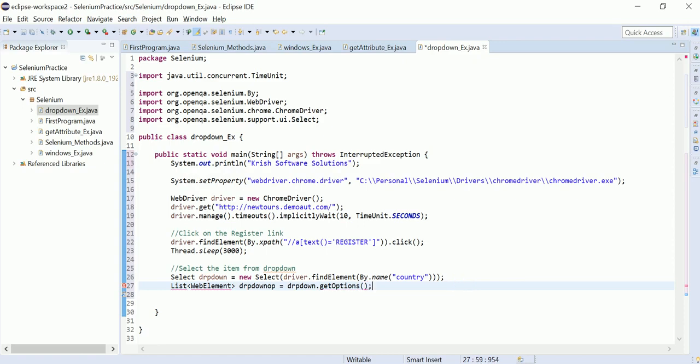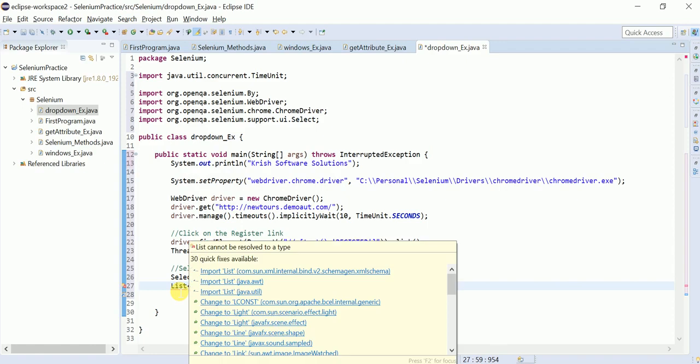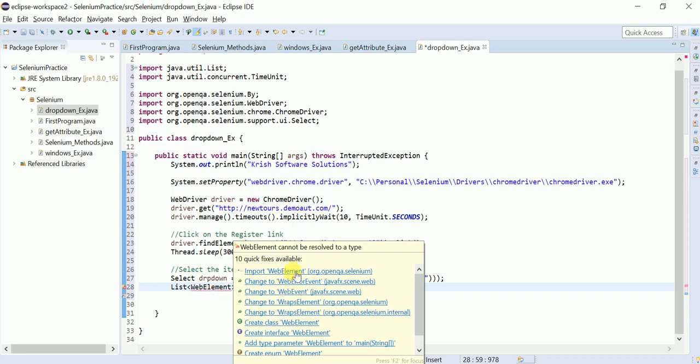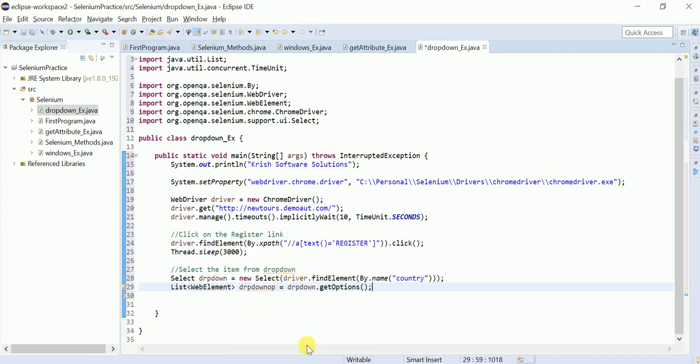By using this you will get all the options. You need to import List from java.util and WebElement from Selenium. Now all the options from the drop down are going to be stored into this list. Okay, fine. Now the list is completed. Now I want to print how many elements are there in the drop down.